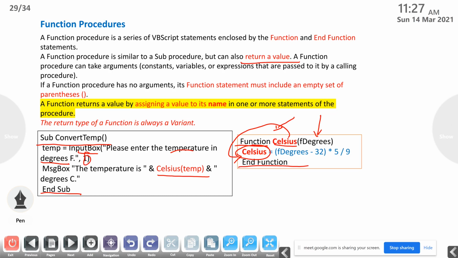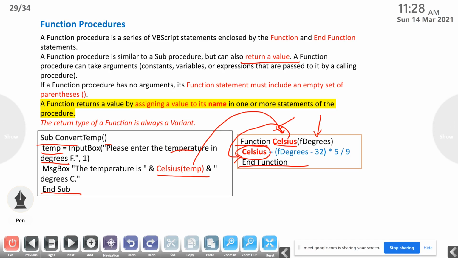Then the default value is 1. Here we are using the default value 1. And the MsgBox shows the temperature is... Then here we call the function Celsius, and the argument that we collected in this temperature will be passed to that function definition.